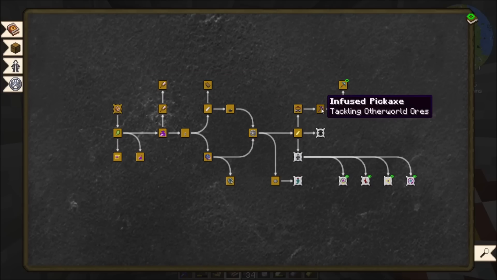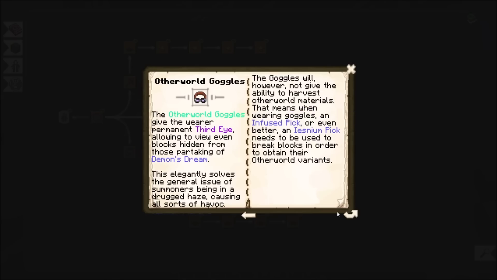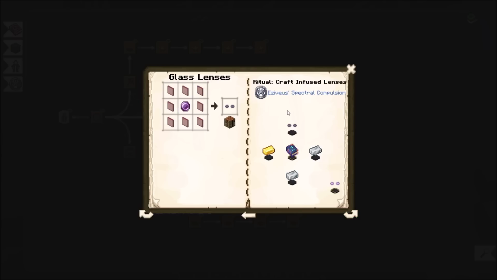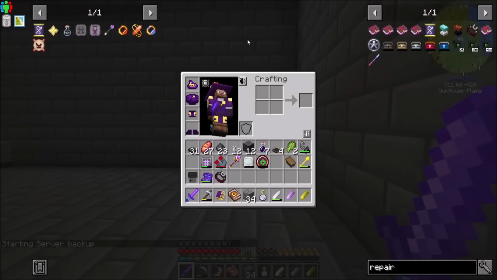All right, great. Let's get the infused pickaxe going, shall we? And the otherworld goggles. Crafting the otherworld goggles. Make use of a foliot bound into the lenses. The foliot shares its ability to view higher planes with the wearer. All right, that looks cool. Summoning a spirit into the lens used to craft the goggles is one of the more complex rituals apprentice summoners usually attempt, showing that their skills are progressing beyond the basics. So first off, we have to make a glass lens, which needs an attuned spirit gem. Okay. So let's get...